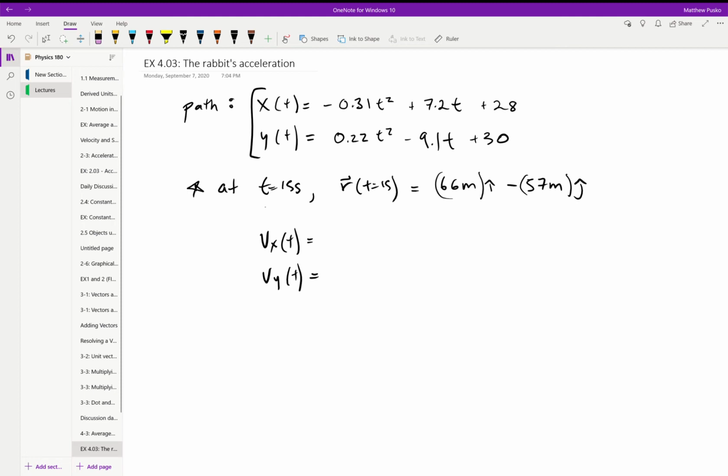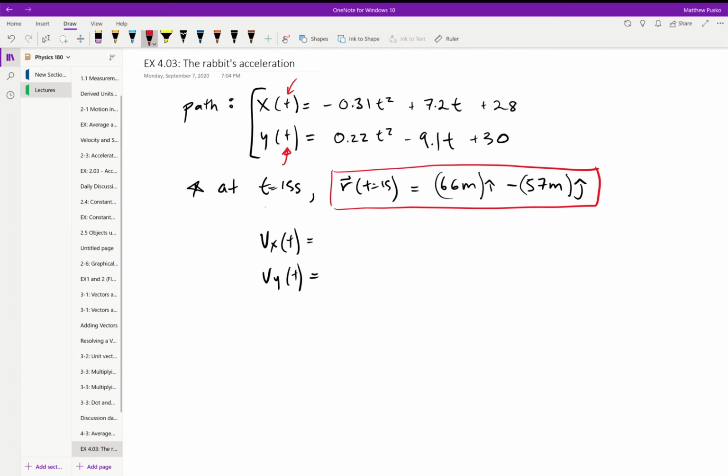Alright, let's take another look at this rabbit. I'm just going to refresh the problem, what we've done so far. We were given the path in an XY plane that the rabbit runs at, and it's a function of time. The X coordinate's a function of time, and so is the Y coordinate. So at any given time t, we can evaluate it and figure out the position vector r. And we did that. And we found that at t equal to 15 seconds,